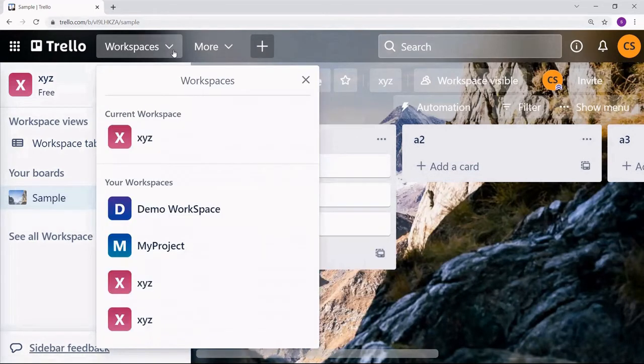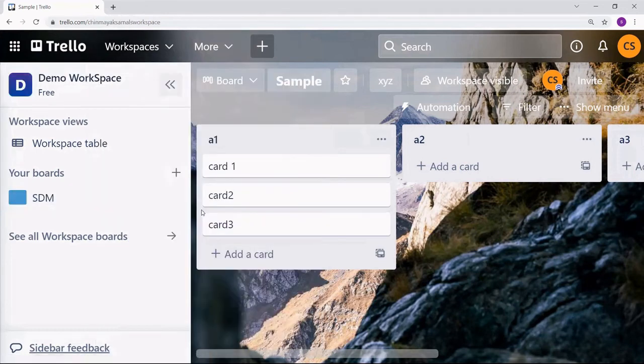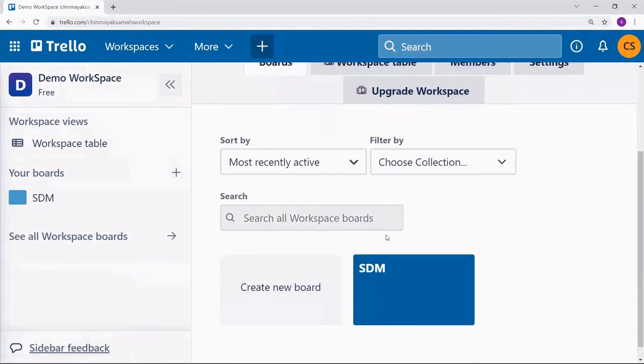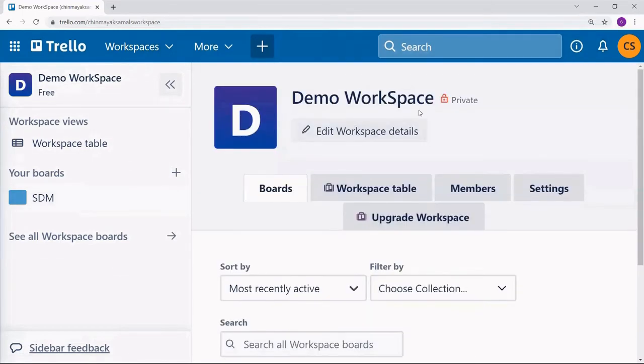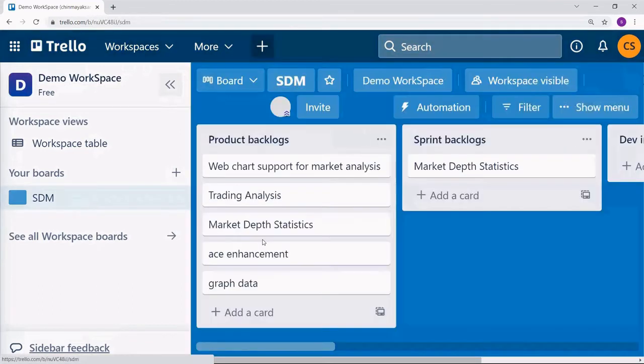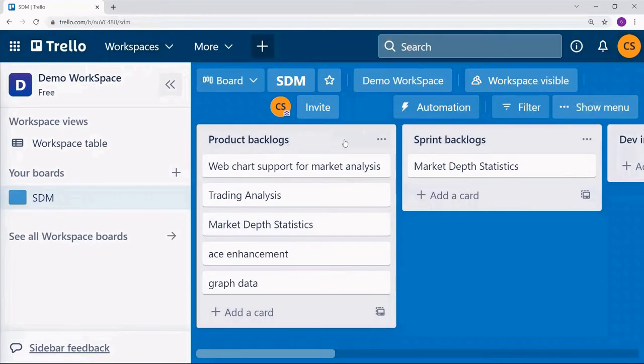For demo purposes, I am going to show one existing workspace which I already created. This one is the demo workspace. And in the demo workspace, I have created an HDM board. So I click on HDM, and you can see the lists and cards I added.